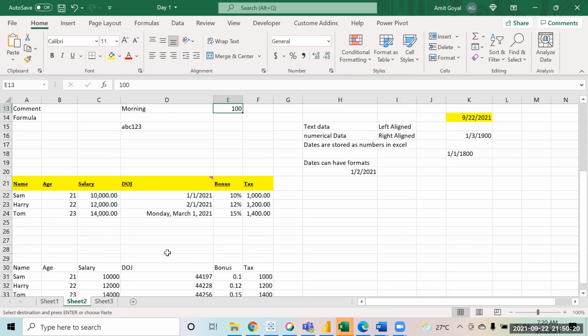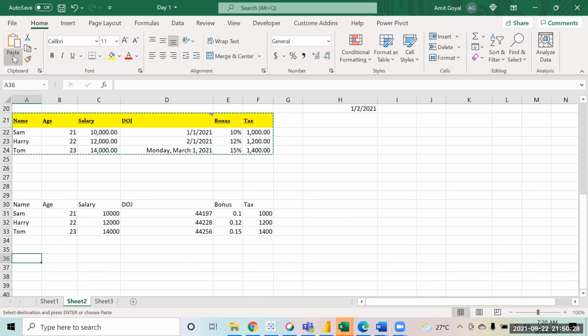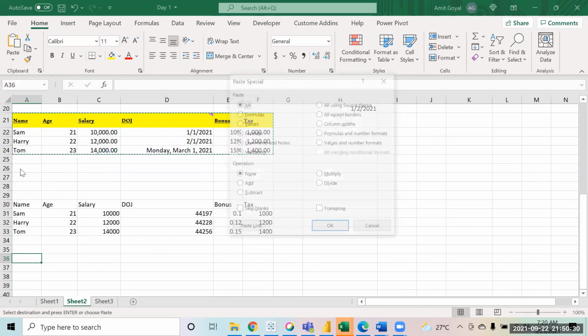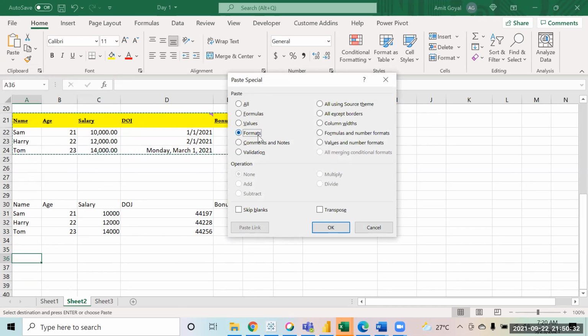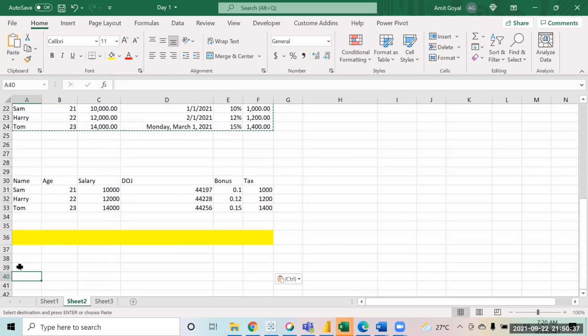Similarly, if you copy this content, come over here and say paste special, and this time if you say only formats, see, only formatting has come, but no data.